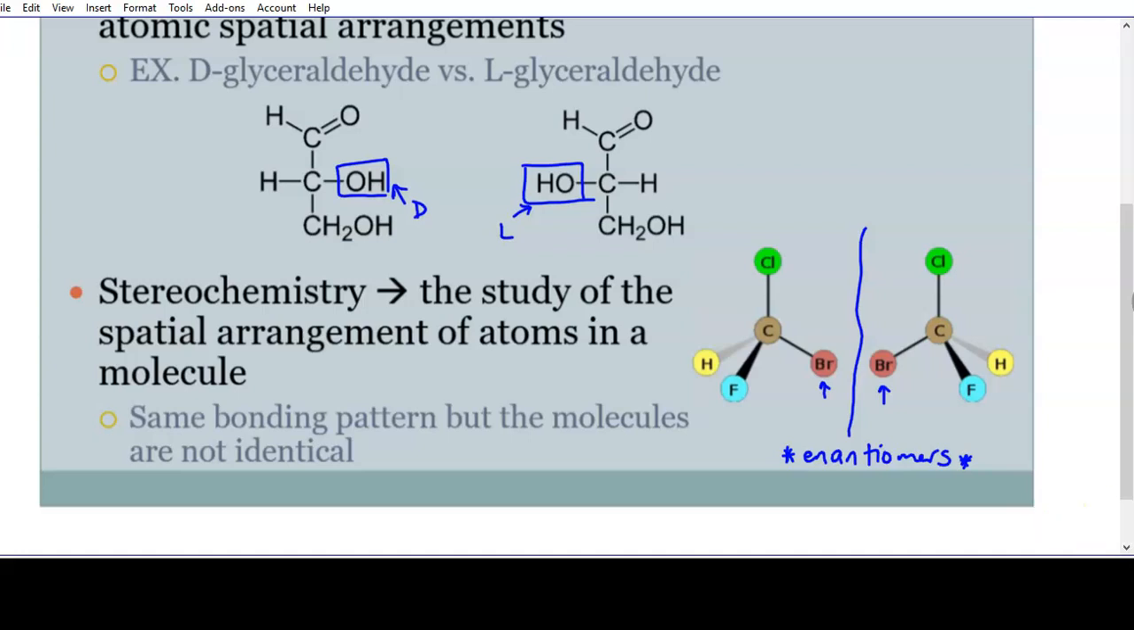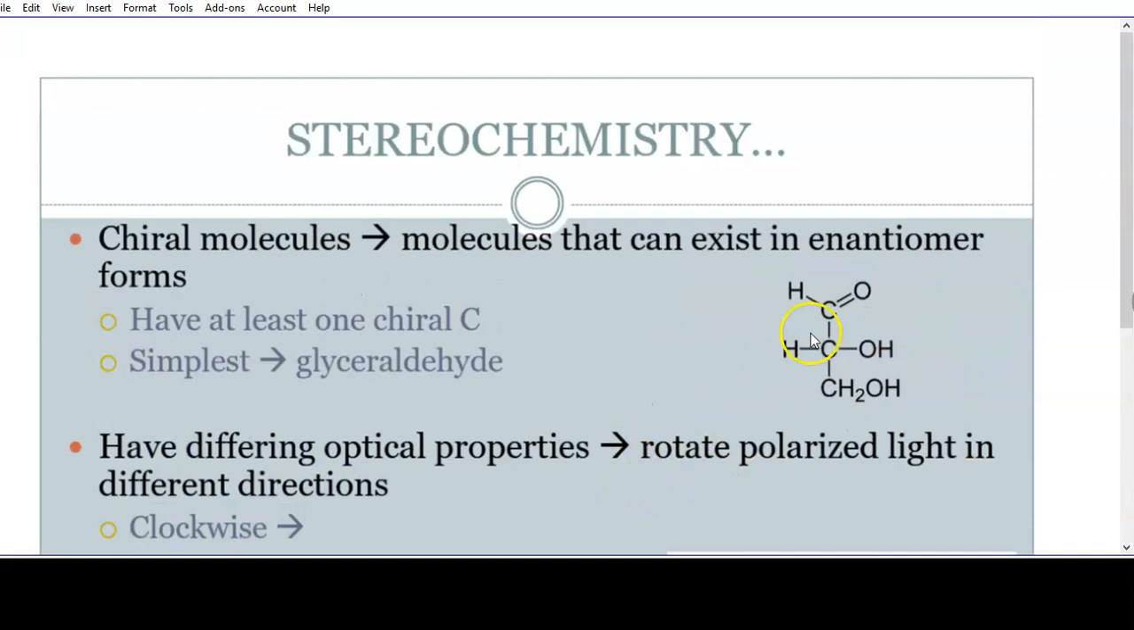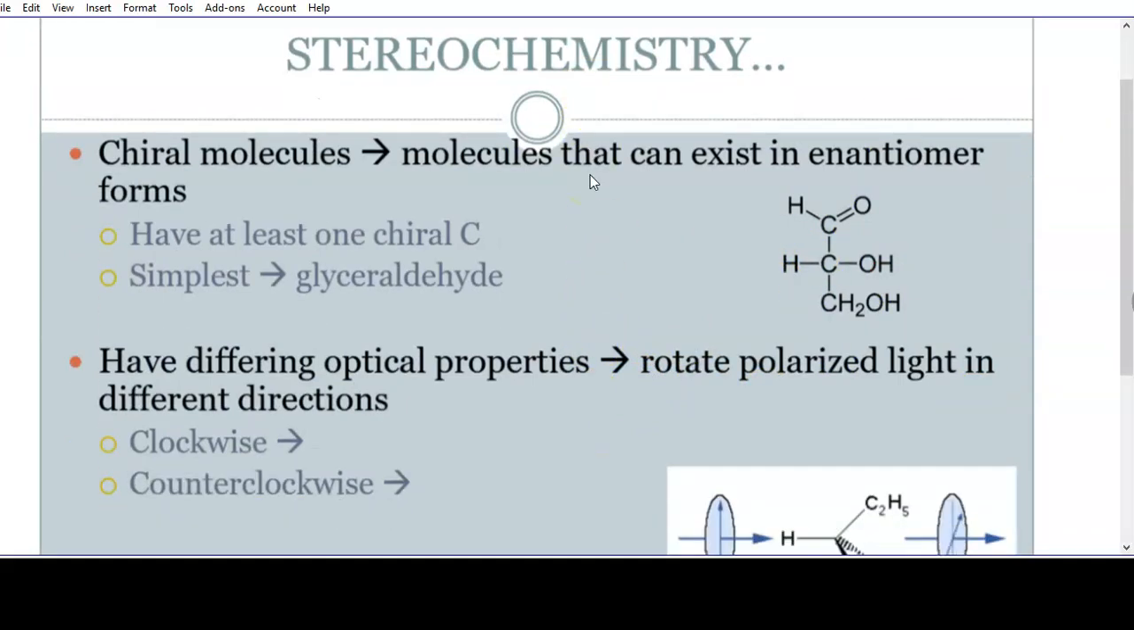Moving on. Let's continue our study on stereochemistry. Okay. I've said the word chiral quite a few times here. Chiral molecules are molecules that exist in the enantiomer form. Okay. Things that are chiral have to have at least one chiral carbon. Okay. And a chiral carbon has 4 different groups or things around the center, very similar to things that are polar. Okay. The simplest one that does exist is our